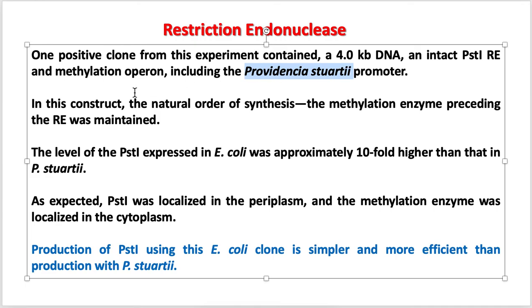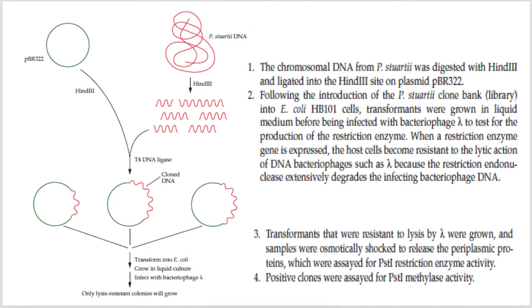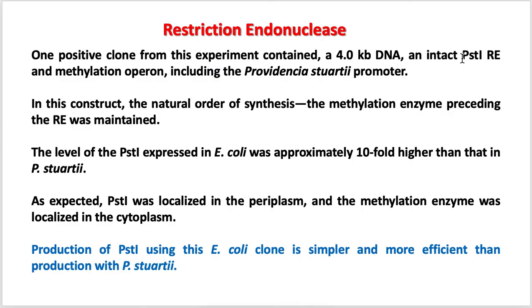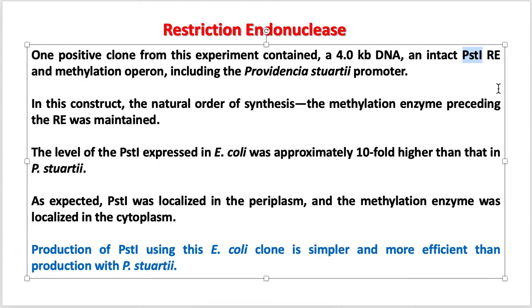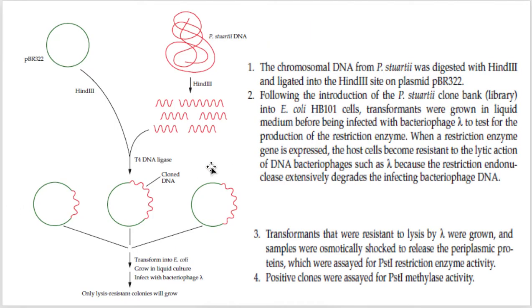Okay, so this bacteria produces a restriction enzyme, PST1. Okay, this is not PSTL. This is PST1. So this bacteria Providencia stuarti produces this restriction enzyme. Now if we want to commercially produce PST1 restriction enzyme, we can do it by using recombinant E. coli. So what we need to do first, from the P. stuarti bacteria we have to identify the DNA that encodes the